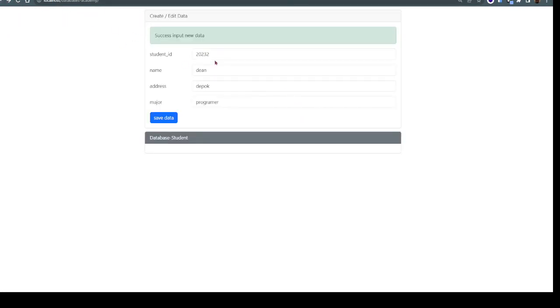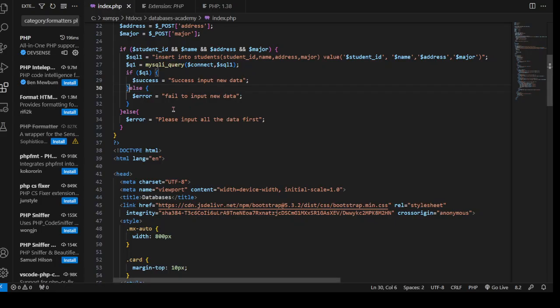Yeah, error because we didn't put the data, failed to input the data. Right. The important thing is success to input data has been created, but it hasn't